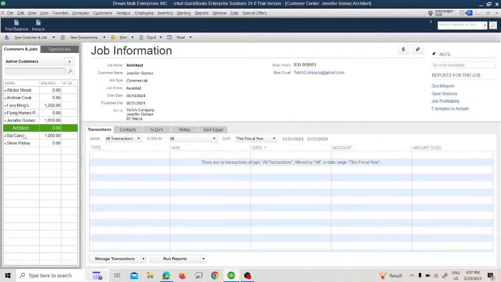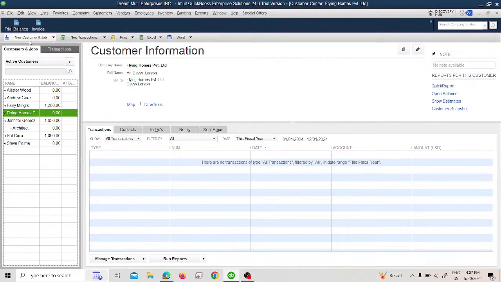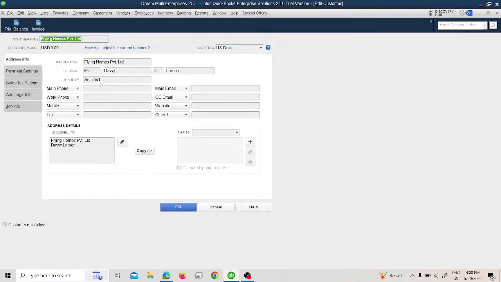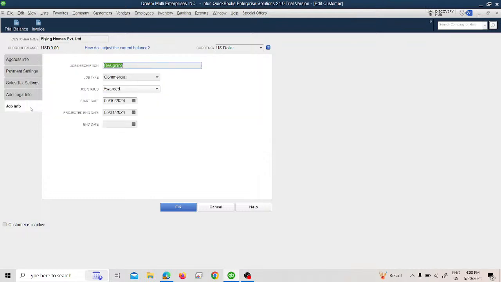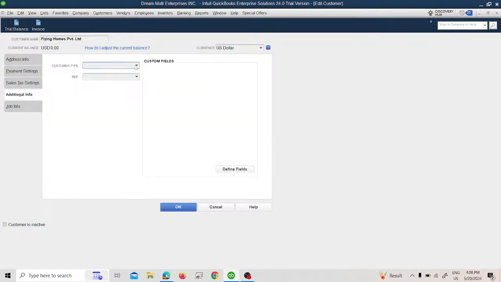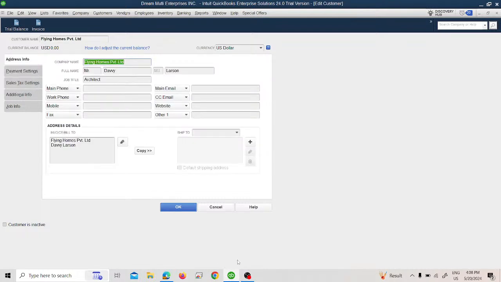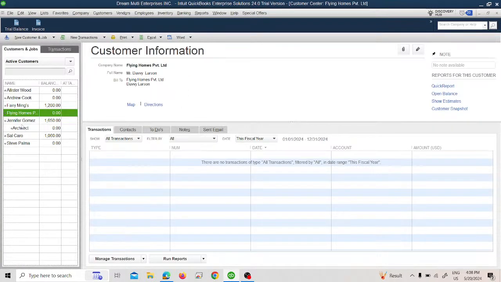Now here you see the option comes up here. Why does this happen? Suppose you are going to create, you will edit this. You already gave the job title name. So it means that if you want to show a particular job, you have to create it. So I just mentioned two things, Jennifer Lopez and Flying Homes Private Limited. Okay, so this is how